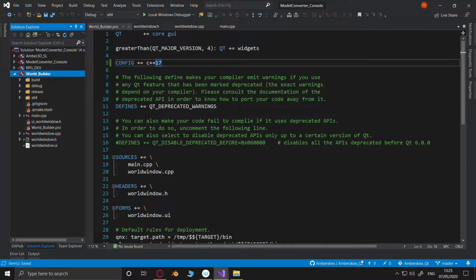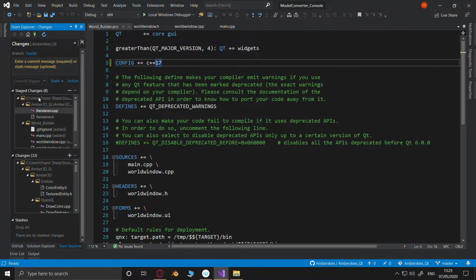Oh, you know what I've forgotten to do? Let's give you the starting commit. This is the updated batch renderer and start of world builder. Okay.